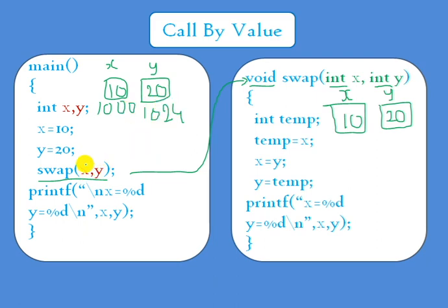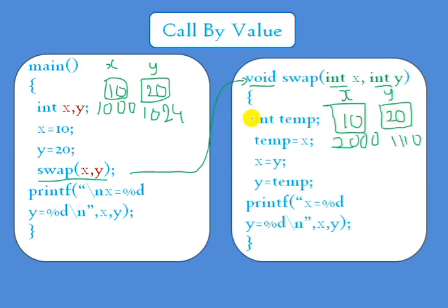This is a call by value mechanism. We are calling the swap function by sending the values, which means these values are copied to the x, y variables available in the function definition. So definitely these memory locations are different. Let us say this is 2000 and this is some 1110. Different memory locations. These x, y are different, these x, y are different. Now this x, y also have the same values.